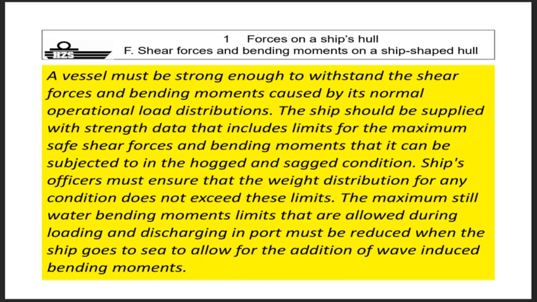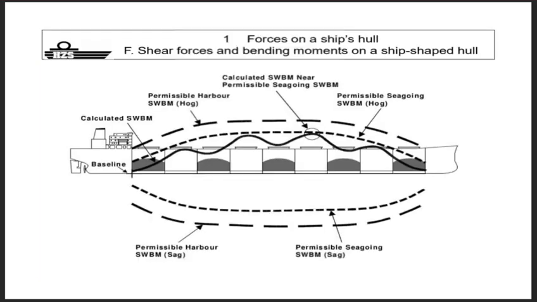This is mostly applicable to bulk carriers, and you will see for sure, if you go navigating in the future, that you will get two sets of limits. You get one set of limits, which is the most stringent, for when you're navigating at open sea, because then you're exposed to the worst case conditions that evoke stresses on your structure. But if you are in harbor, you're allowed to go a little bit higher. But my advice to you is to try not to use that second limit when you're in harbor. Always try to use the most stringent one, and only if it's not possible otherwise